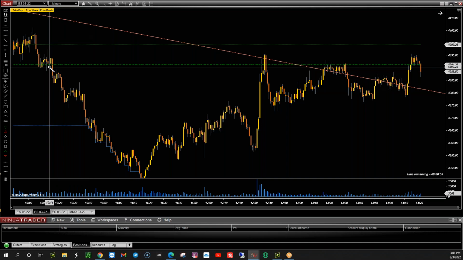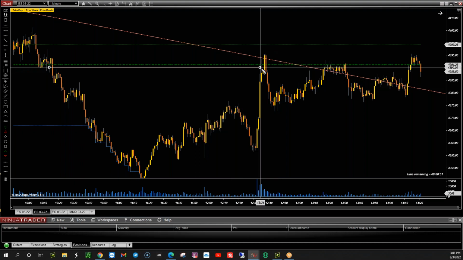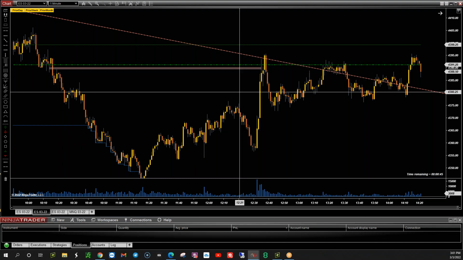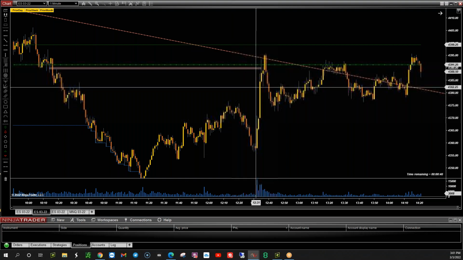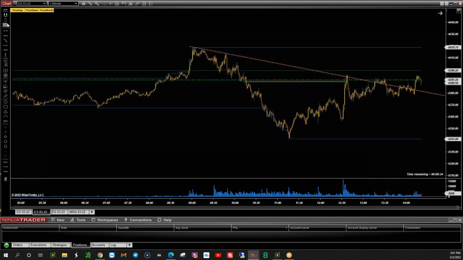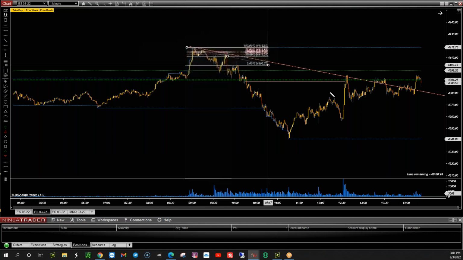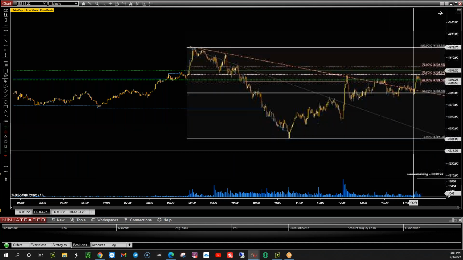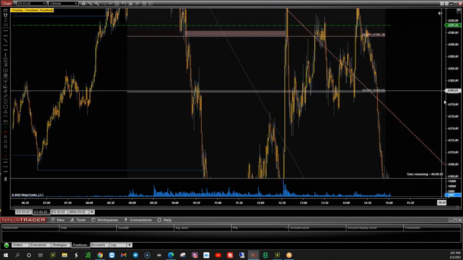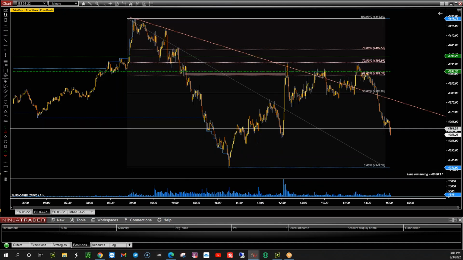But more importantly, let's just focus on, we try to make sure that we have some type of confluence. So if we're looking for a short and we draw our fib from the most recent high to the most recent low, there we go. And as you can see, once we open this up,